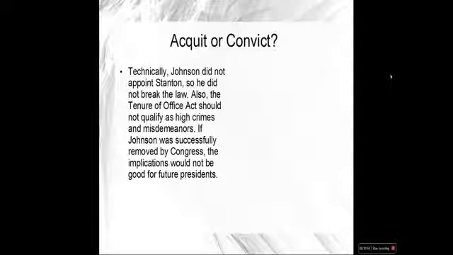The case to acquit. Johnson was charged with breaking the Tenure of Office Act, but it is doubtful that he really violated this law. The act stated that a president may not replace a government official who is appointed with the advice and consent of the Senate without the Senate's approval. Since Lincoln, not Johnson, appointed Stanton, Johnson did not violate the law. Even if Johnson did break this law, it certainly is not very important.